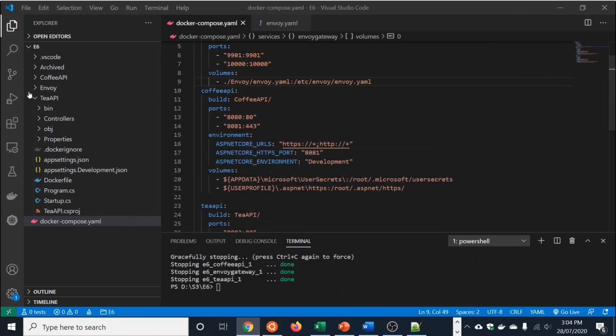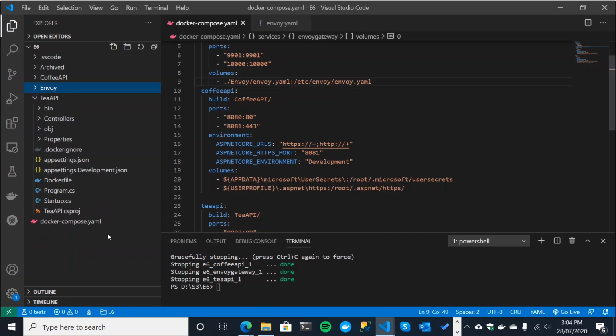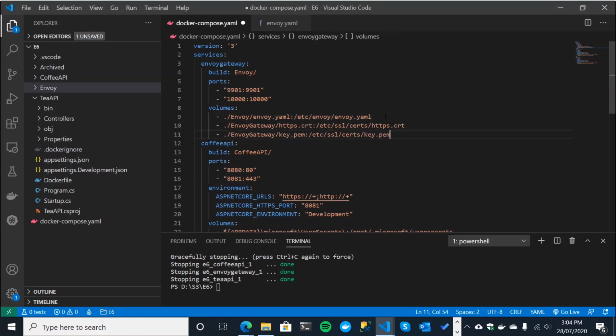So I think we're done with that. Let's come into here and we can see we have these files now. Fantastic. So the next thing we want to do is we want to basically read those files in via Docker Compose. So we're in Docker Compose now, and we need to add a couple of new volumes to our Envoy gateway service. And again, I'm going to copy these in from some config I have at the side for a different project to make sure I have the right folder name here.